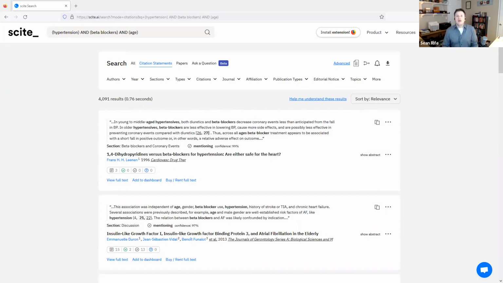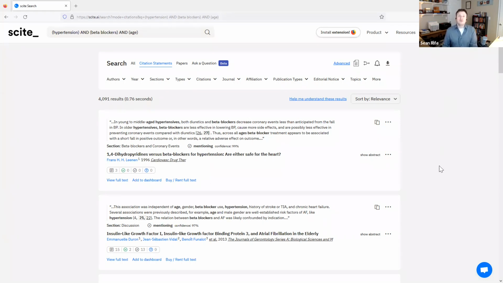An additional feature that we can get out of our search facility: sometimes what you need is not a really in-depth investigation into a given topic. What you want is a surface level analysis of some key variables, such as hypertension, beta blockers as a treatment, and their relationship with age.